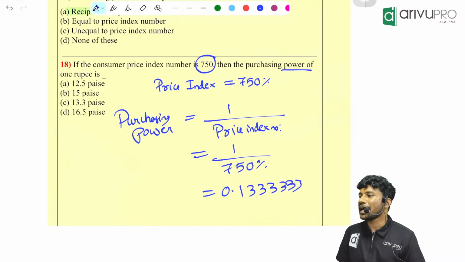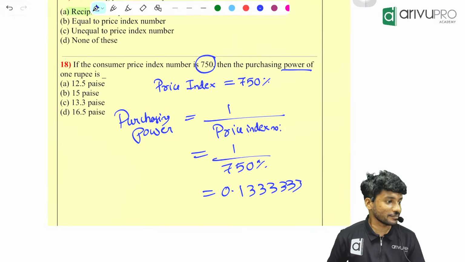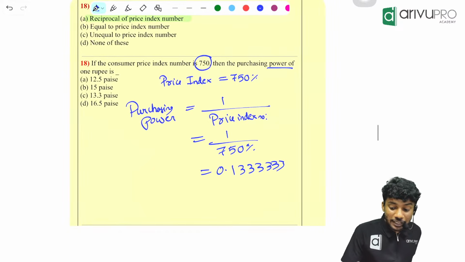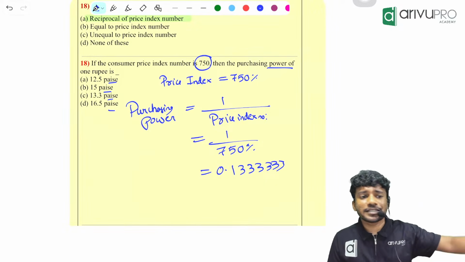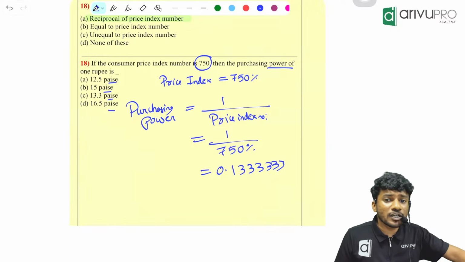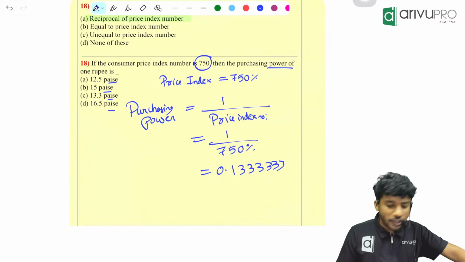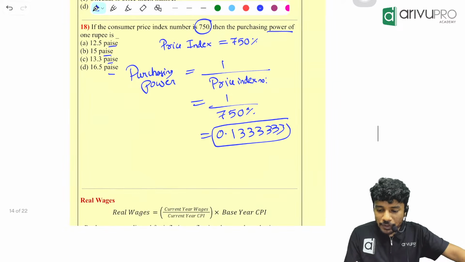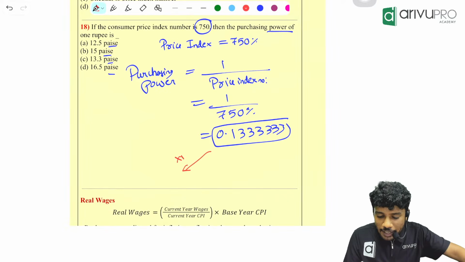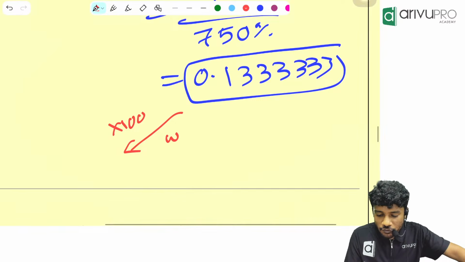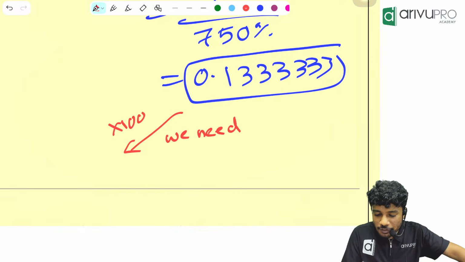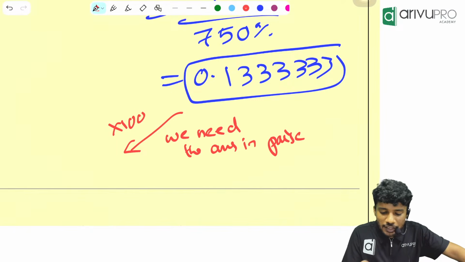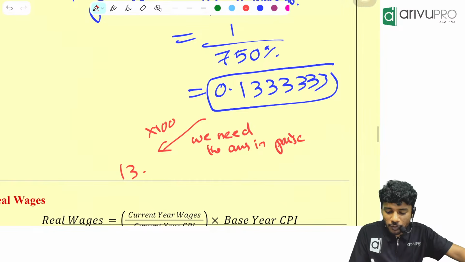0.13333333. So that is in rupees. It will always be given in rupees. Now the answer is in paise. How will I convert 1 rupee into paise? Multiply by 100. How will I convert 10 rupees into paise? Multiply by 100. So I convert this into paise by multiplying by 100. Why am I multiplying with 100? We need the answer in paise. So converting that, multiplying by 100, will give you